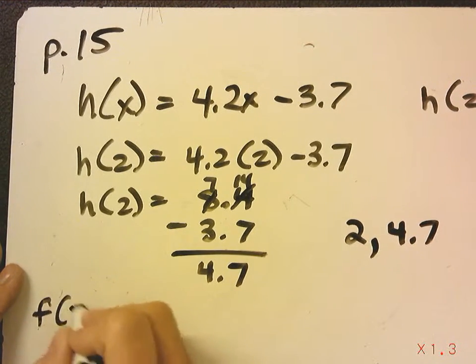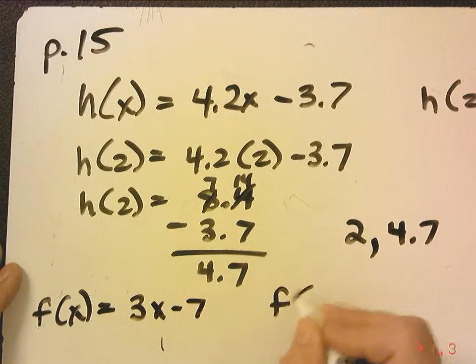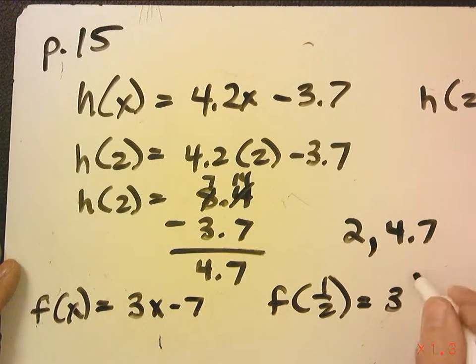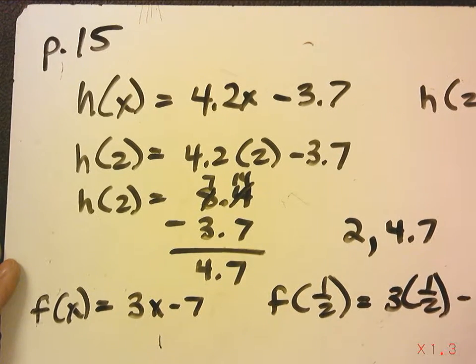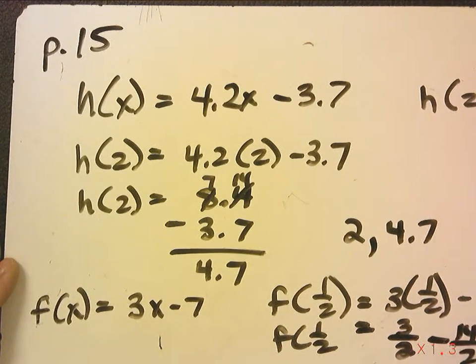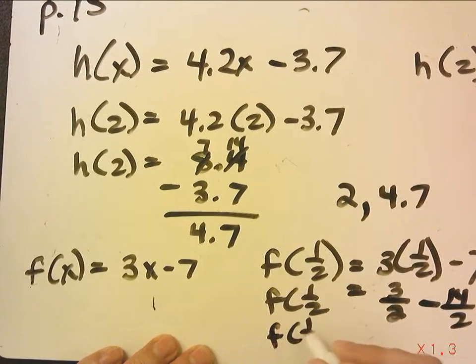Then f of x equals 3x minus 7. Find f of 1/2. That would be 3 times 1/2 minus 7. So f of 1/2 equals 3/2 minus 14/2, because negative 7 is the same as negative 14/2. And this answer, f of 1/2, would equal negative 11